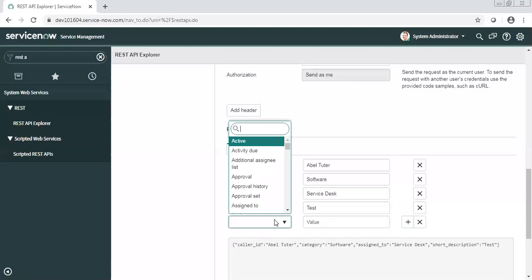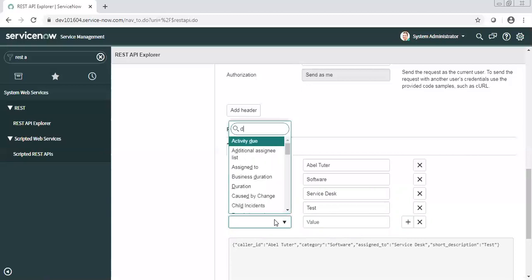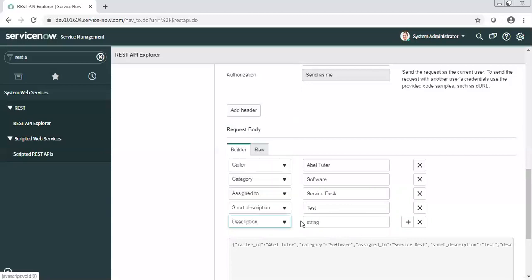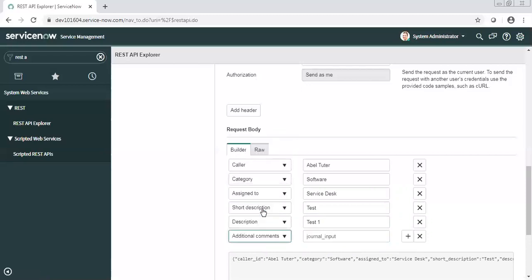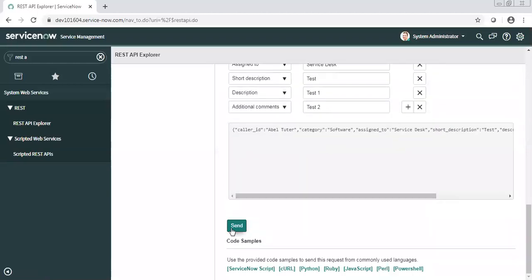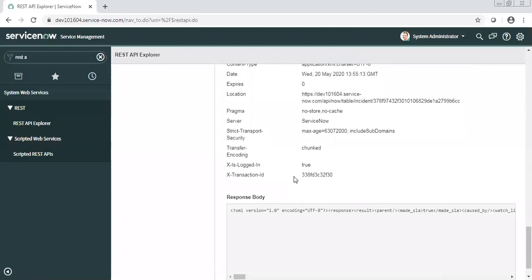And then I would say description. Now once your body is there, you can click on send. And this is how it is going to be.